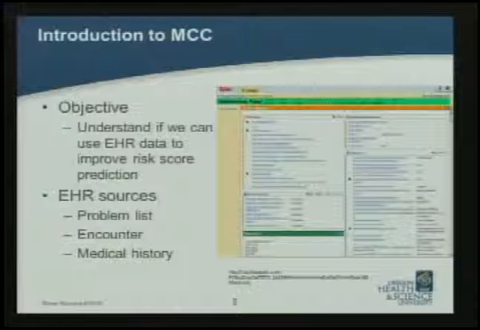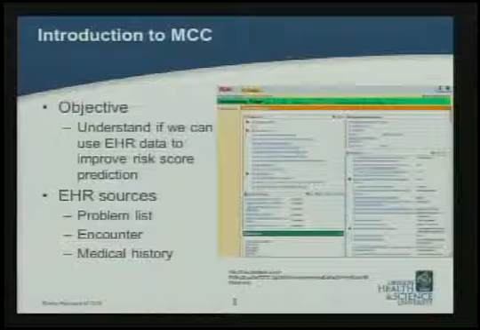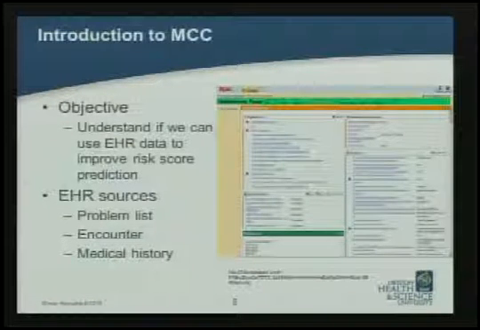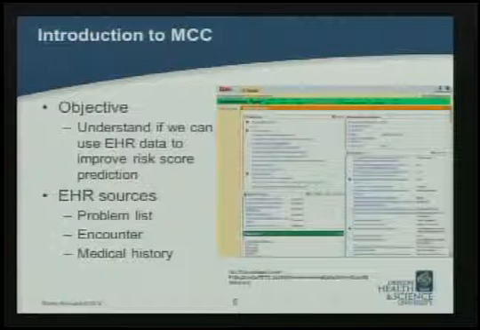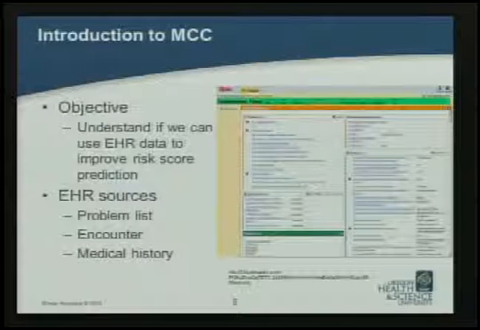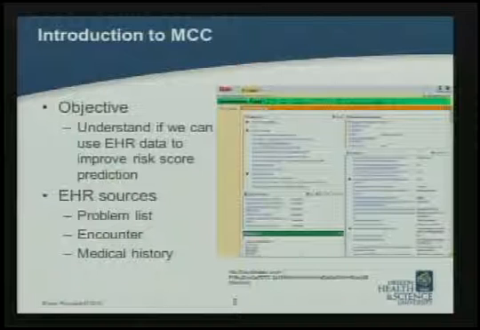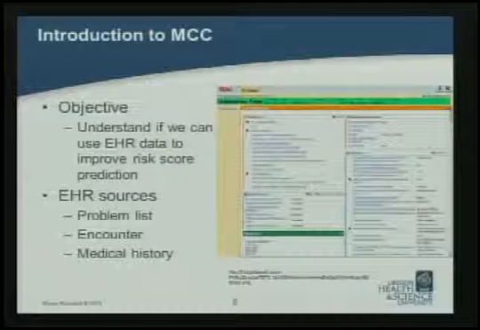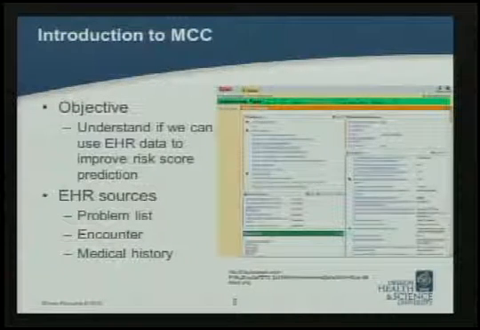Many previous studies have looked at the use of claims data for risk stratification, and the process for that would be taking patients' records for the past year, adding up all of their costs, and then determining which patients have cost the most money. The insurers would then target these patients and try to reduce their future costs. However, there's a lag time of about 18 months for this to occur.